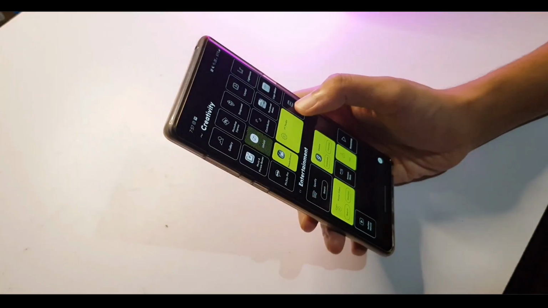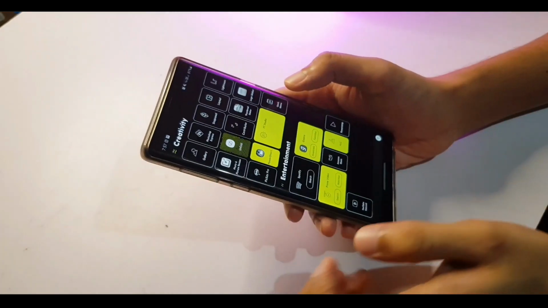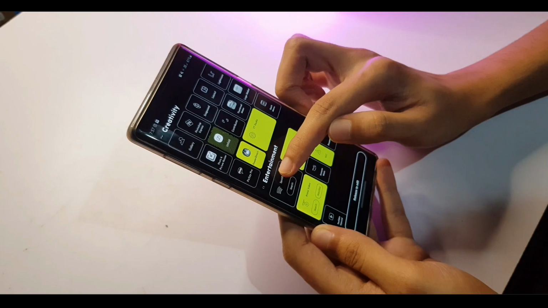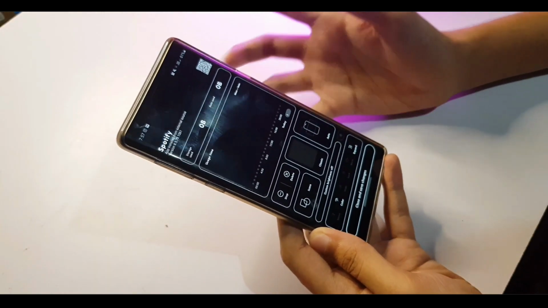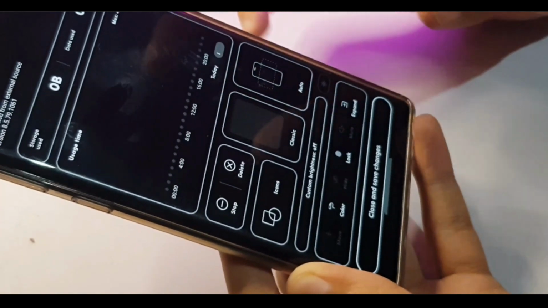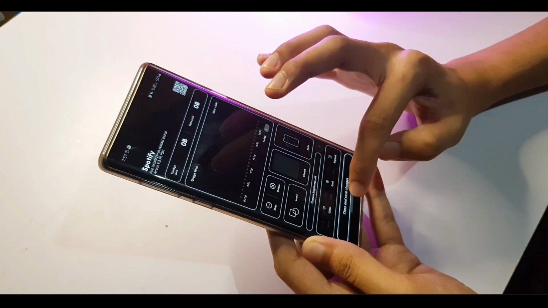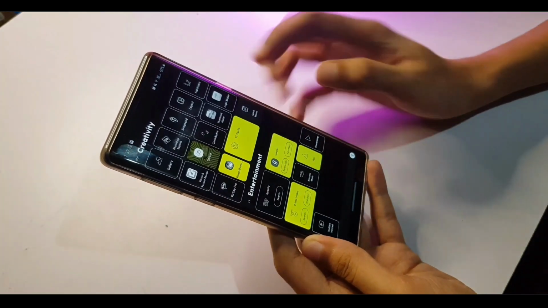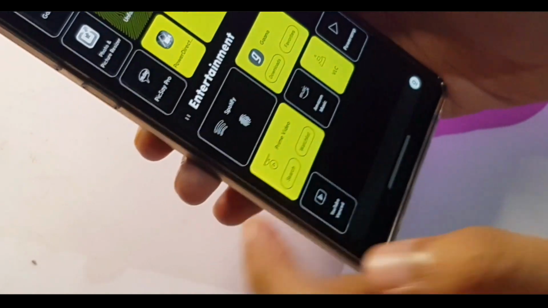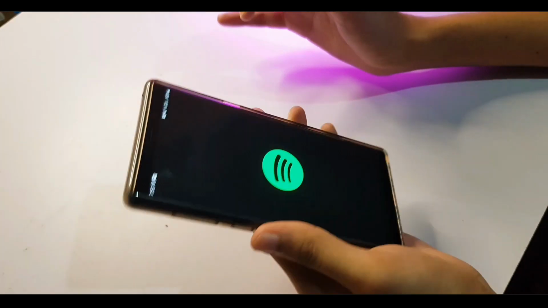And this is one of my favorite features. You can actually set a fingerprint lock for any app that you want. So for example, if I want to lock Spotify, I just have to press and hold and enter into this edit mode. Then there's an option to enable fingerprint lock, which by default takes all the fingerprints that are registered on this particular device. So once you save it, you will see that every time I click on Spotify, it gives me this animation for a fingerprint. So when that animation is going on, I just have to press my finger against it and